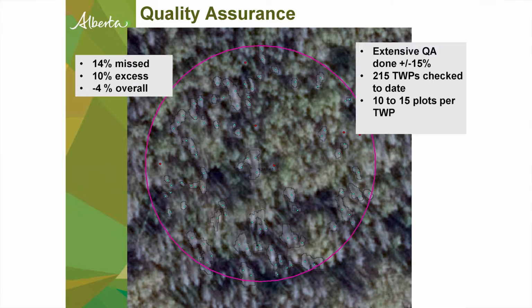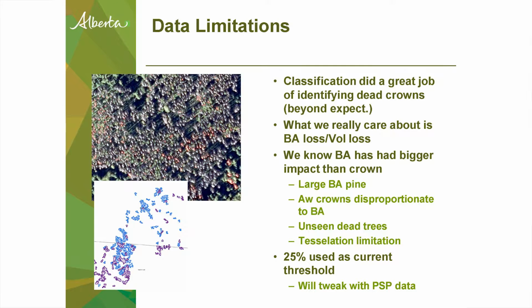So I would do my assessment and put my dots, as you see here, and then I would overlay their data and compare the two, and they had to be within 15%. What it ended up being, with a lot of variability, but overall, was about 4% difference from what I said versus what they said. But there's a lot of variability in that number, entirely based on the image. So, data limitations. Again, the classification of the crowns themselves was really, really good. Excellent.